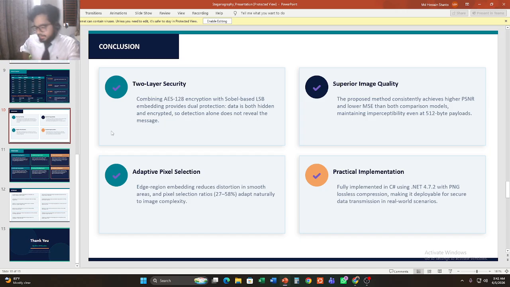Second, the proposed method achieves superior performance.